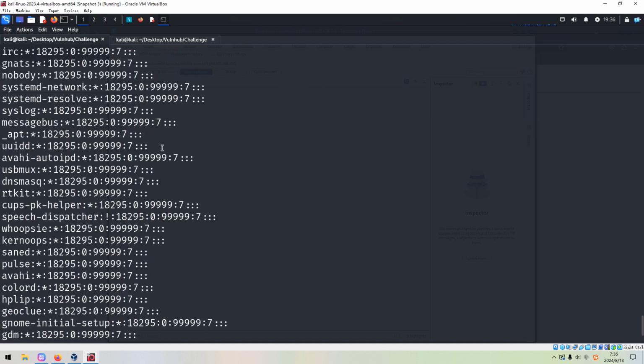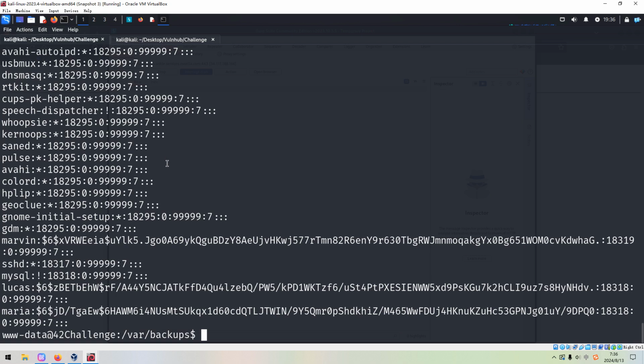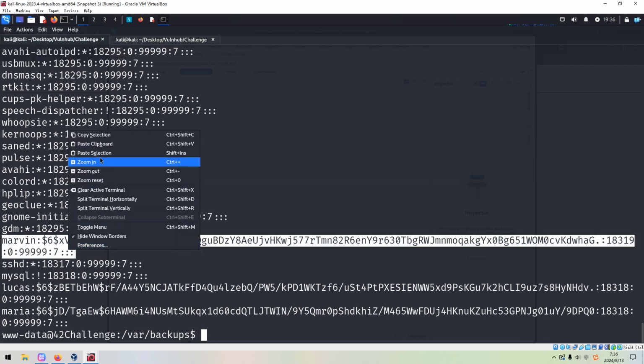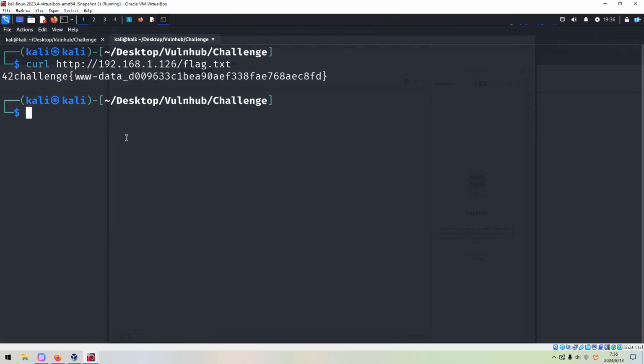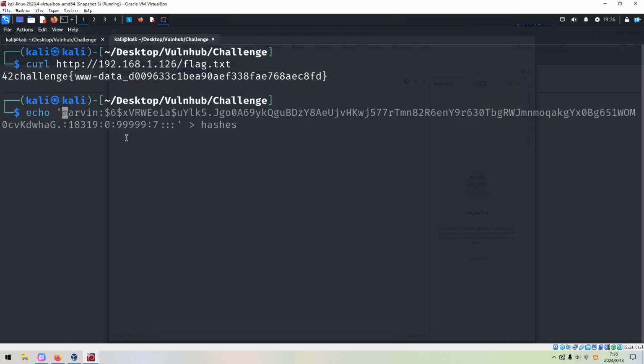For example, like the root user. Of course, in most cases, the password for the root user will be very strong. So let's try one by one. We can copy. And if we cannot crack this user, then we can try this one, and so on and so forth. So now we can echo.